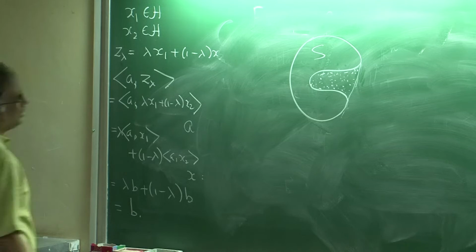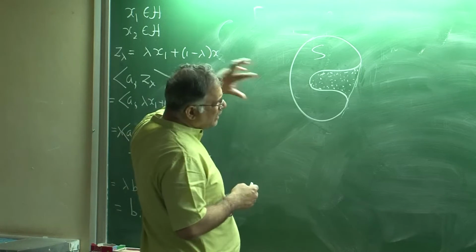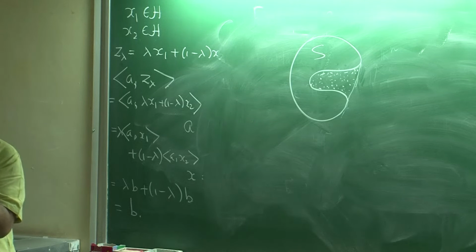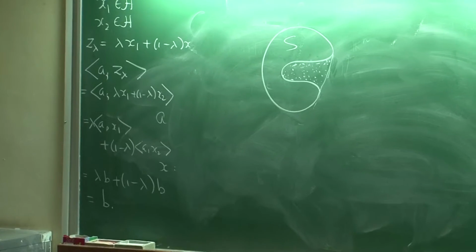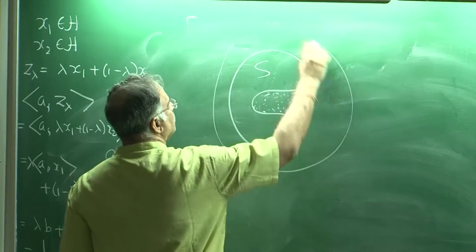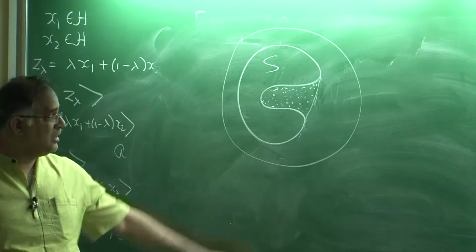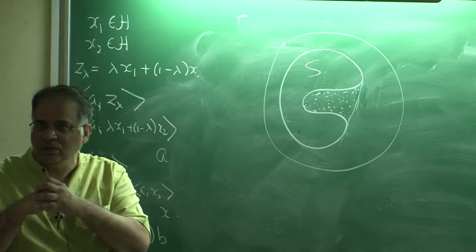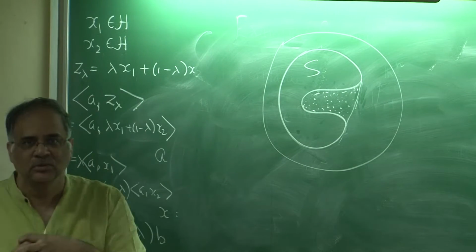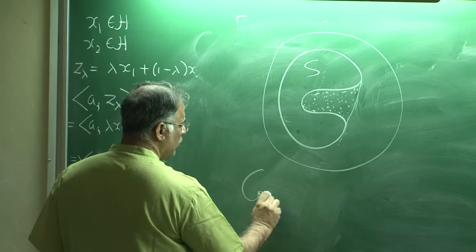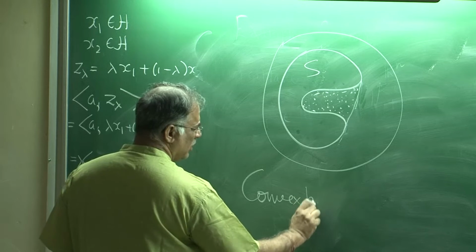So you see what I have done: I have tried to pack this given non-convex set into the smallest convex set possible. Of course, I can pack it into a bigger set, but that does not make this a convex set. I want to pack it up in such a way that there is no other space for movement. So, the convex hull of S